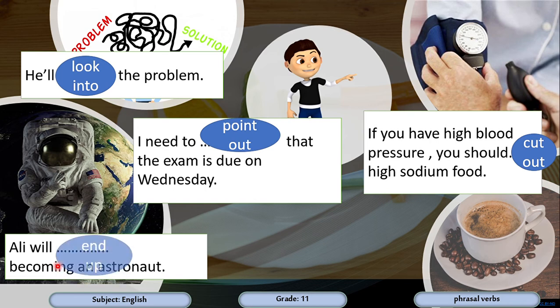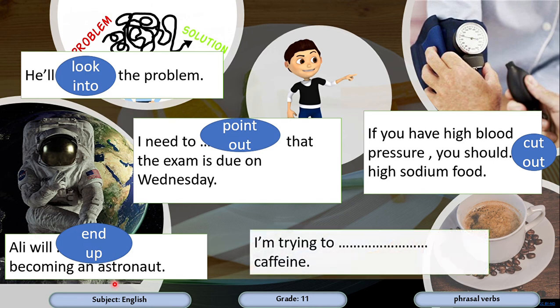Excellent, dear. End up. Ali will end up becoming an astronaut. And notice that end up is followed by verb plus ing, a gerund. I'm trying to what? Caffeine. I'm trying to. Excellent. Cut down on. Great.